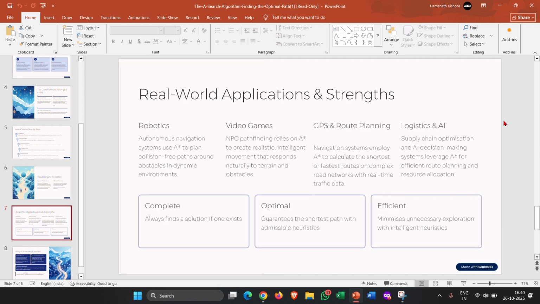Real-world applications. Robotics: autonomous navigation systems use A-star to plan collision-free paths around obstacles in dynamic environments. Video games: NPC pathfinding relies on A-star to create realistic, intelligent movement that responds naturally to terrain and obstacles. GPS and route planning: navigation systems employ A-star to calculate the shortest or fastest routes on complex road networks with